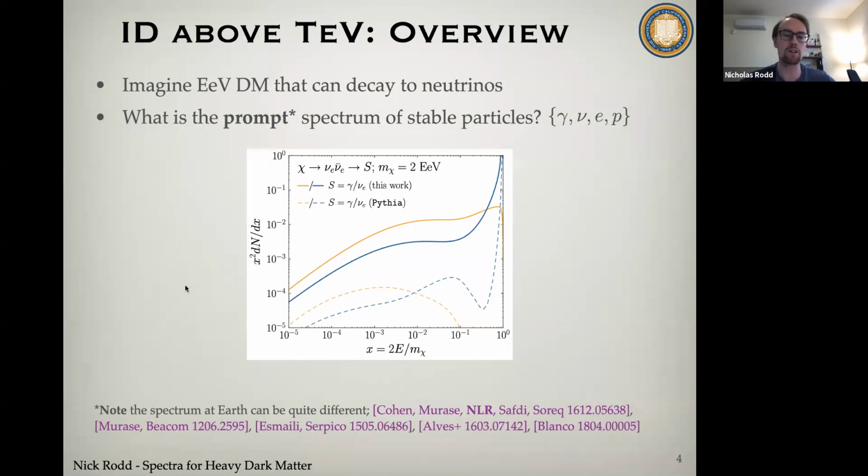And in particular, what I'm contrasting that to here is, before our work, essentially the only way that existed in the literature for computing these decay spectra was to essentially simulate two neutrinos in Pythia at this very high energy and let Pythia handle the showering and decay. And what you can see is that our results are dramatically different.